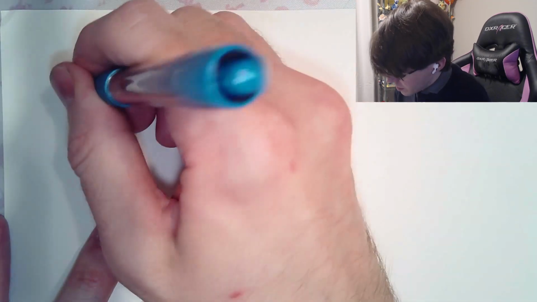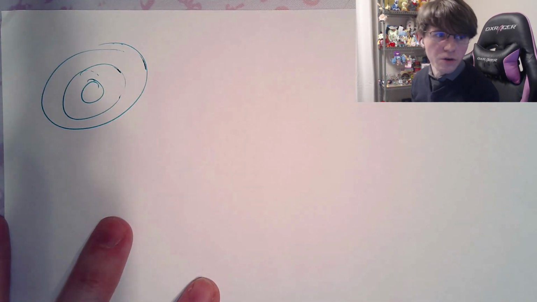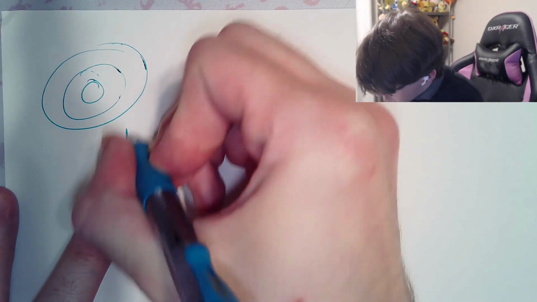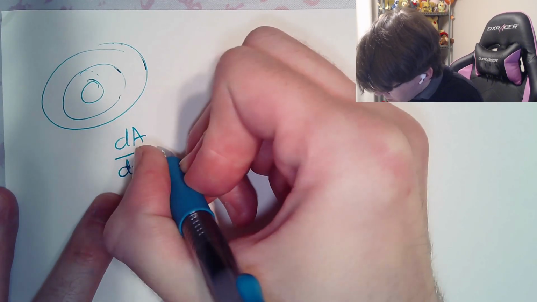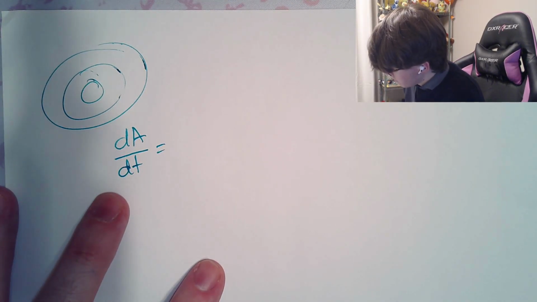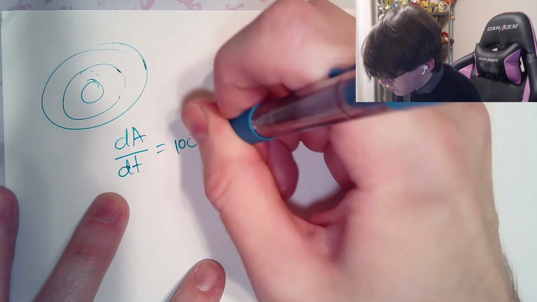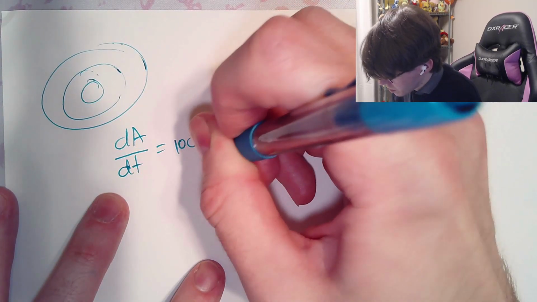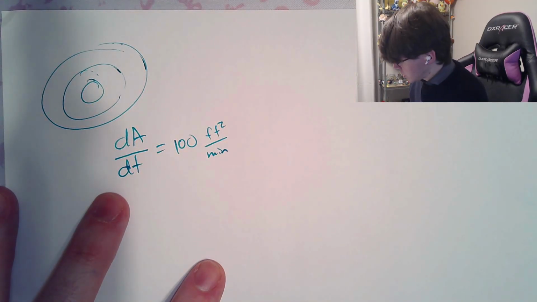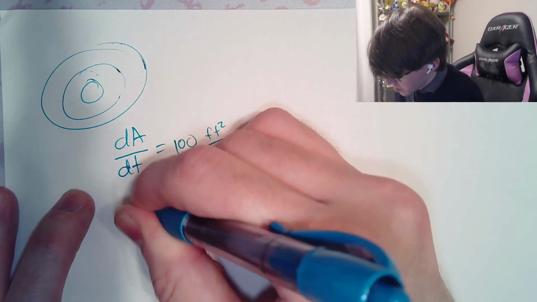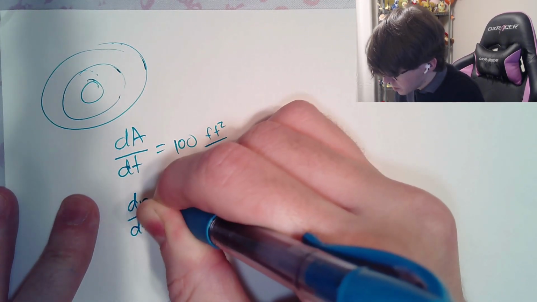I don't think you really need to draw a picture, but if it helps you, okay, you have this thing increasing in size. There's our oil spill increasing in size, and you are told that the rate of change of the area is 100 square feet per minute. So 100 feet squared per minute. So that is the information that they gave you. And you want to know how fast the radius is increasing. So how fast is dr over dt